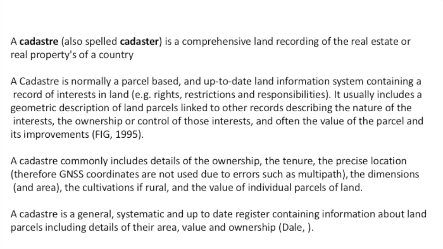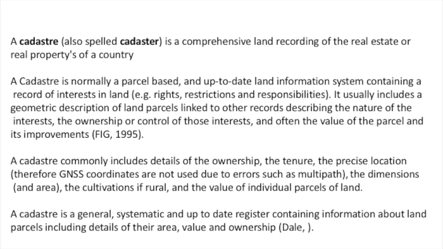A cadastre commonly includes details of the ownership, the tenure, and the precise location, which is observed through GNSS coordinates. There will be some error from this, so we will perform it by different methods. It could be surveying methods, using different instruments like total station or DGPS. This can be done, and it will provide a dimension, an area, the cultivation if rural, and the value of